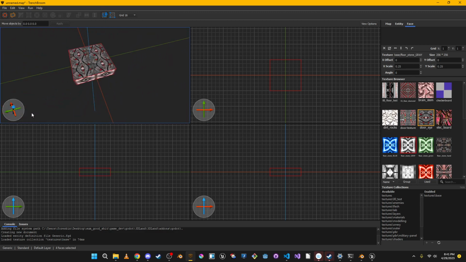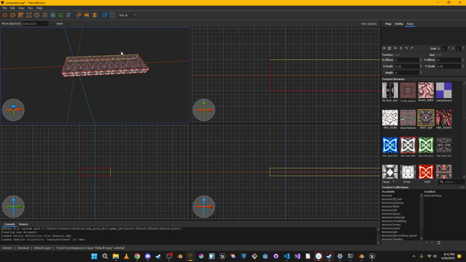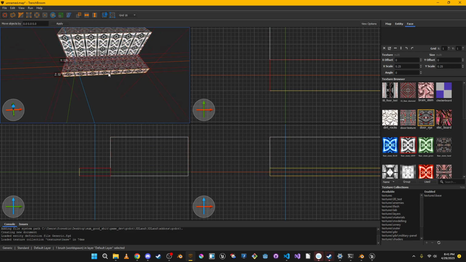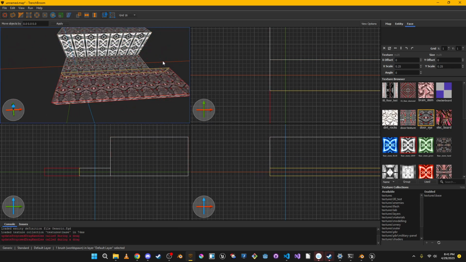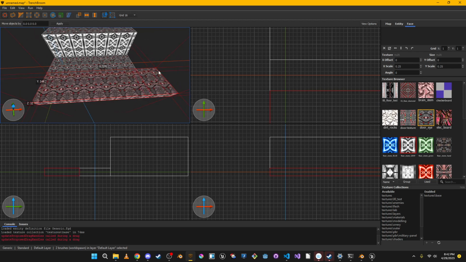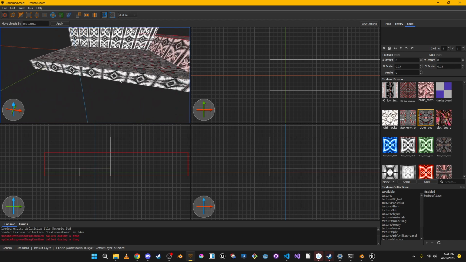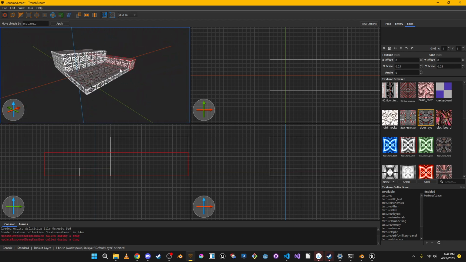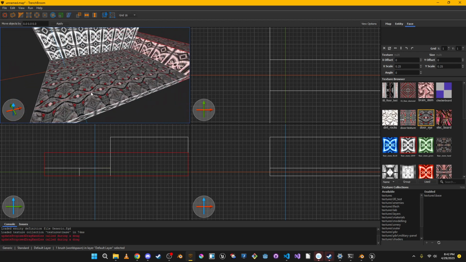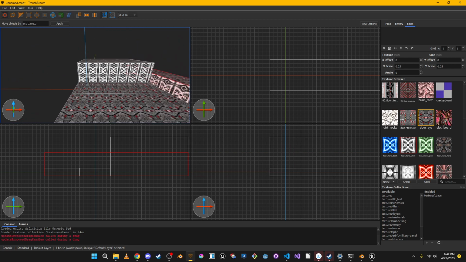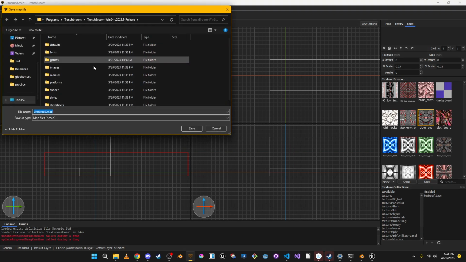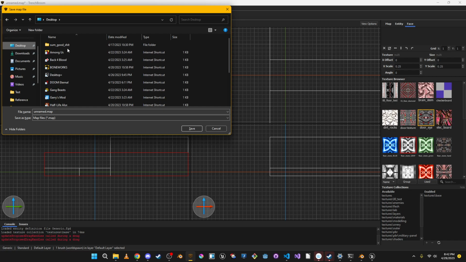So let's just say those are textures right there. And let's make some random stuff. Boom, boom, boom, boom, boom. The reason I'm doing this real quick, making a few different sizes, is so you can see that there are going to be different collision shapes for each one, and that's about good right there. So we just want to be able to go inside this part and then collide with these walls on the inside. Okay, so to save it, I'll just save it to my Unreal folder,